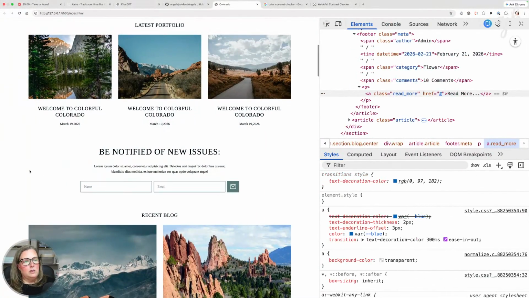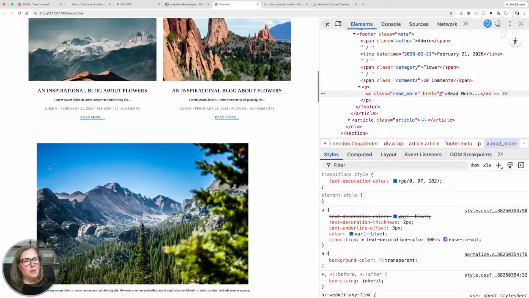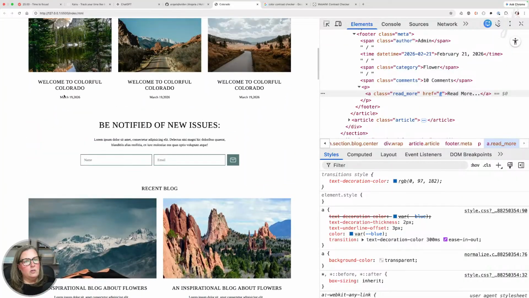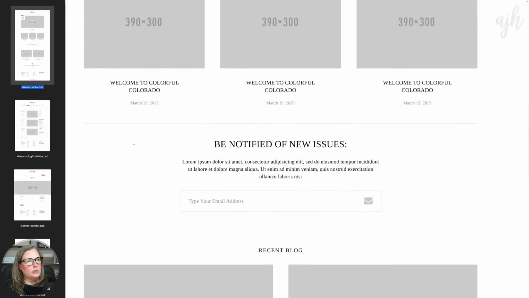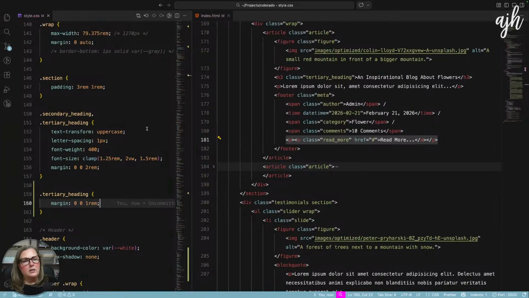There we go. And I also think that we can change this text also to be our medium gray color, which I said yesterday I wasn't going to do, but let's go ahead and do that.